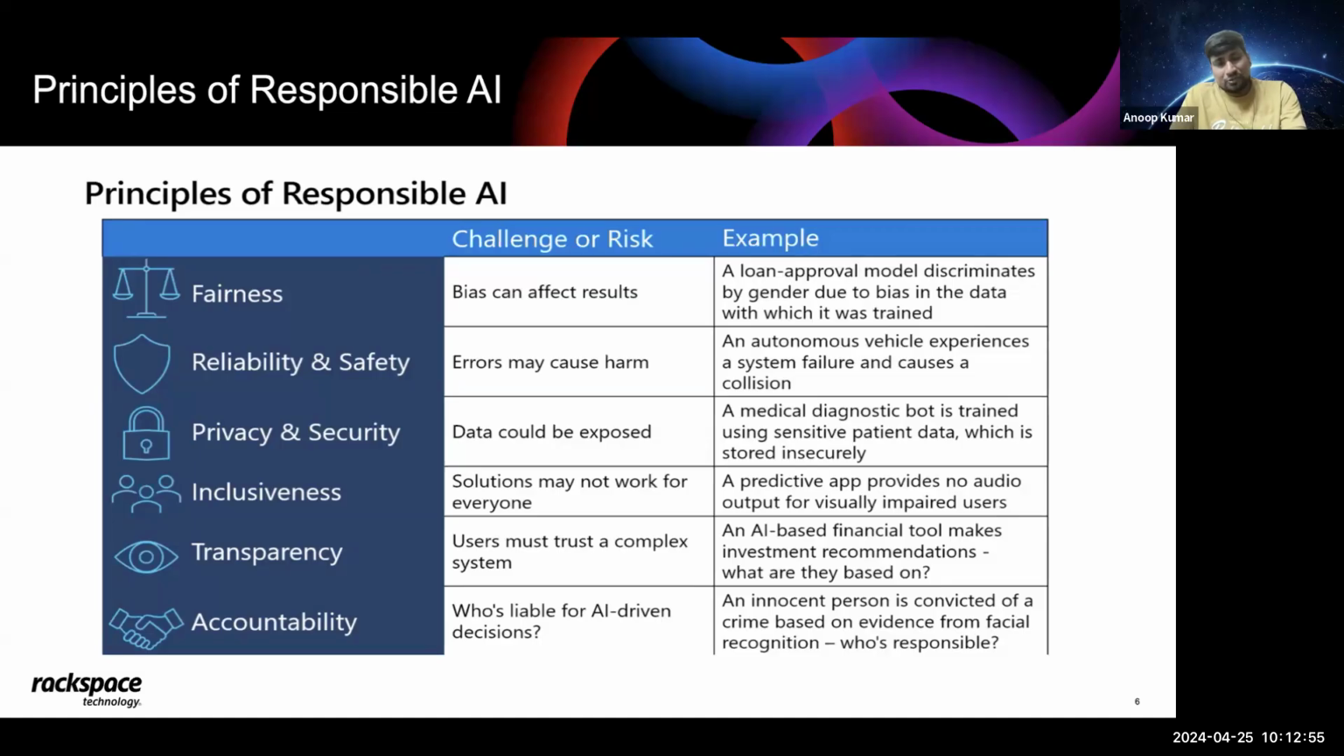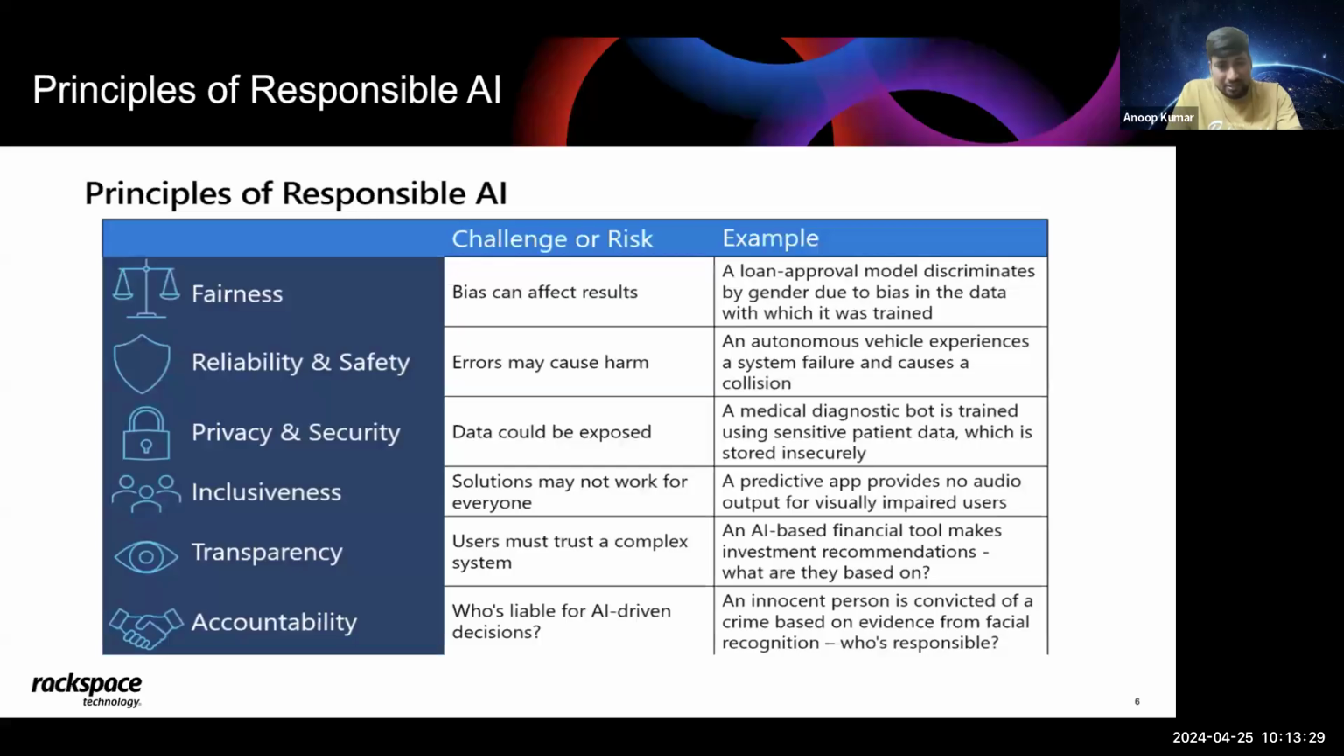Inclusiveness: whatever solution we build should be applicable to everyone and should not discriminate on the basis of individuals. So if we are building any app, it should provide audio output for visually impaired people, so they can also use those services. Whatever AI services we are creating should consider all these seven parameters: inclusiveness, transparency,